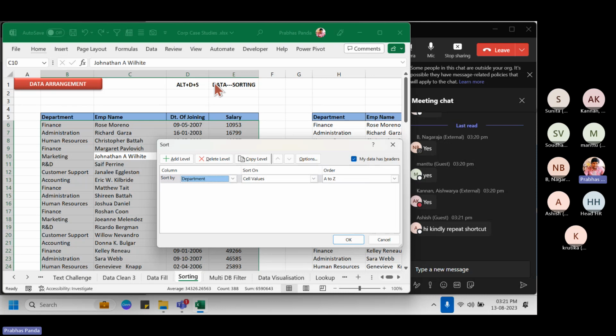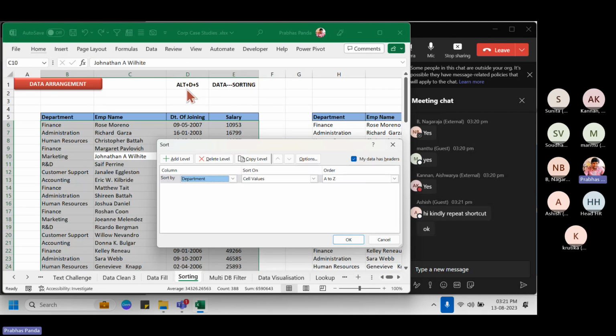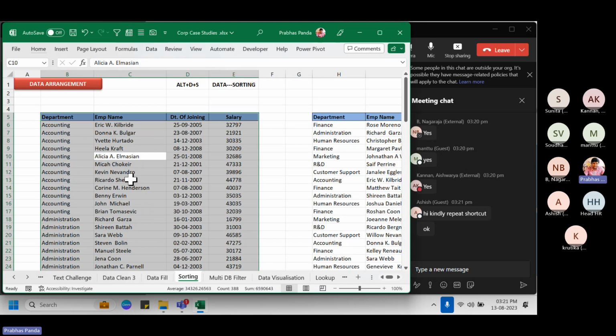Yes, Ashish, it is Alt D S one by one here. Alt D S, D for data, S for sorting. Okay. So now when you go for it, this is what the department from the first drop down you have to select and order, no changes. Ensure my data has header option is on. And once you click OK, you could see each and every department wise data is now brought into one place